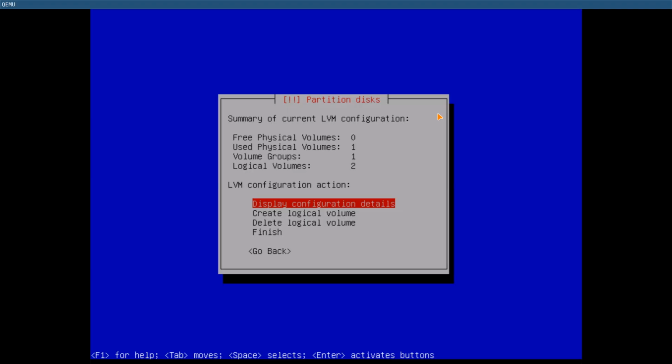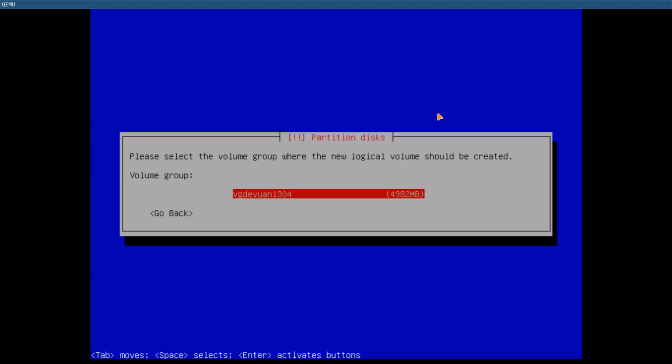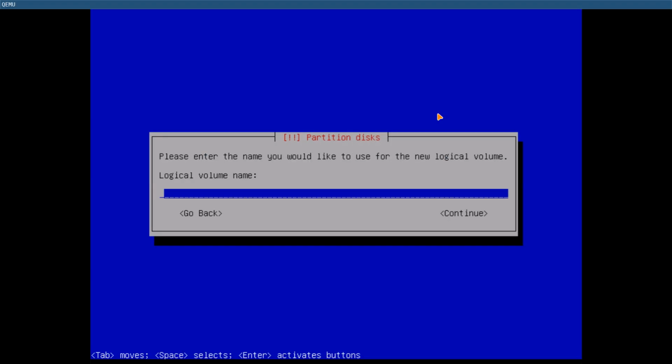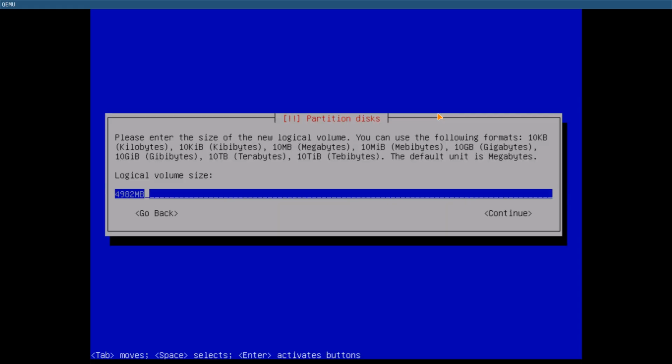In a real case it would be another way. I would make it much bigger, but just in this case. And then I could also create, let's do var for the temporary, for the cache and the locks and so on. For example, if you install programs, it will put the downloaded Debian packages onto /var/cache/apt/archives, so let's do this, and we give the size to